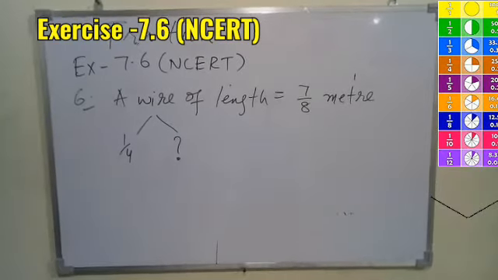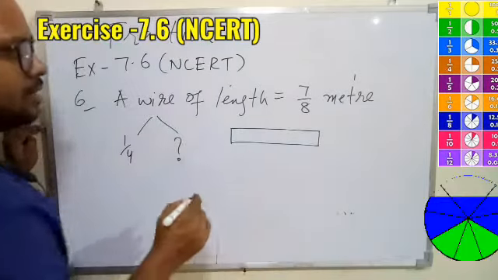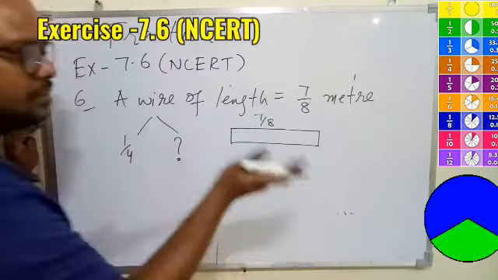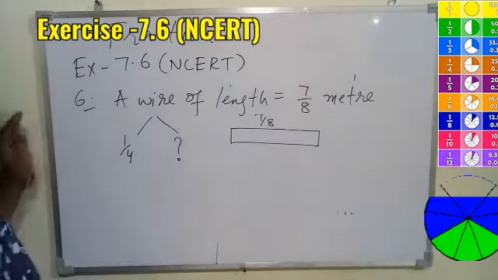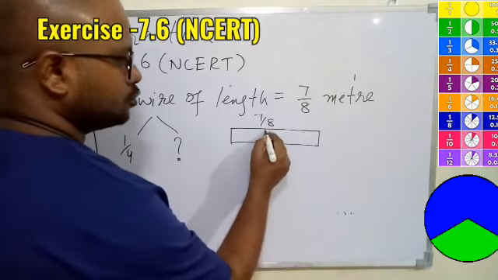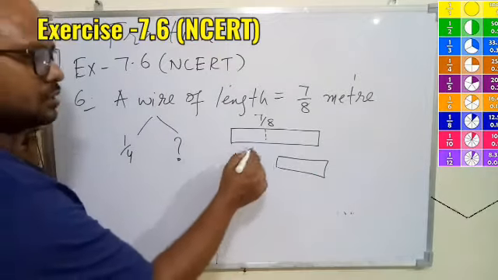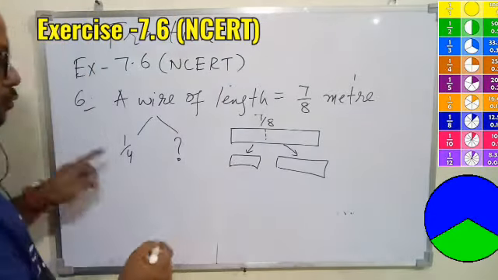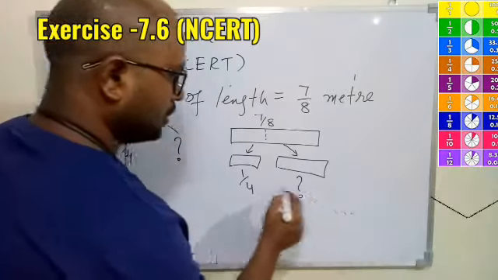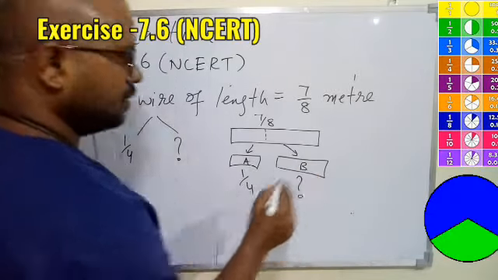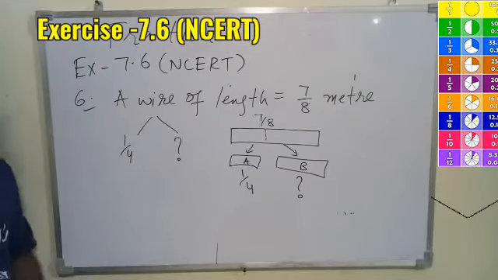That is the question. So we can say we have one wire and this wire is 7/8. So maybe this is also a part of some other wire, and this wire is 7/8 part. Now this further broke into two parts. So one side we got one wire and the other side we got one wire. This is broken into two pieces. One of the wires is 1/4 of this. Then the second will be how much? So let this wire be A, this wire will be B. So what will be the length of the wire B? That we have to find out.